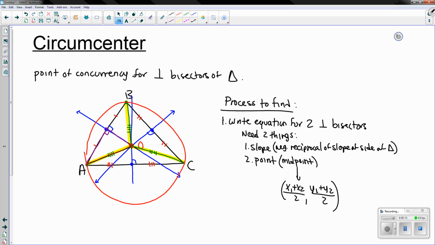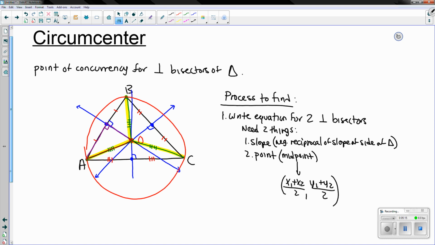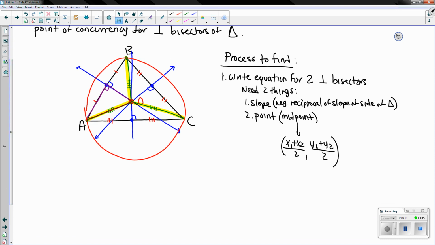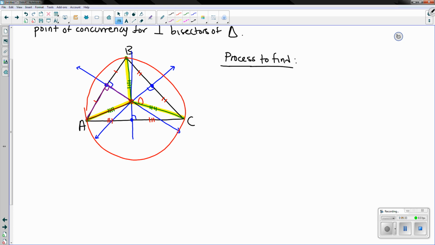So once we get those two things, we're going to be able to write the equation of the line. In the equation of the line, we're going to use point slope form, which is y minus y1 equals m times x minus x1. So this is our first step. We're going to do this twice. And once we get these two line equations, then what we're going to do after that is